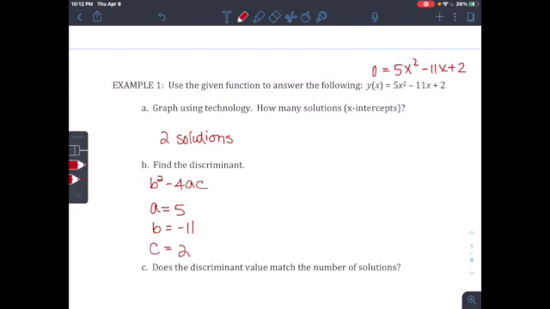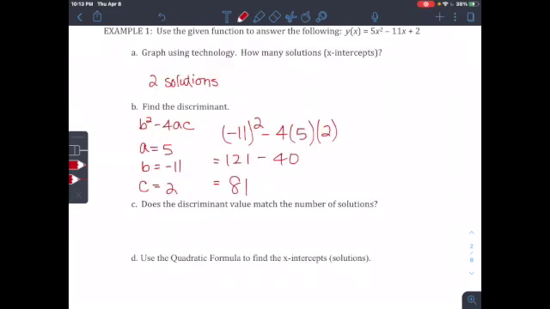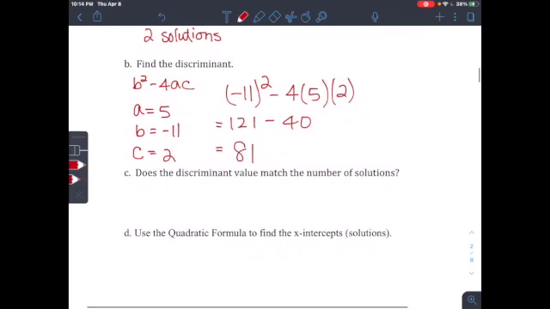If you're going to use b squared minus 4ac, please make sure you write down negative 11 in parentheses squared, minus 4 times a, which is 5, times c, which is 2, and work out your answer. The discriminant I figured out is 81. So the discriminant is bigger than 0, and therefore the next question asks,